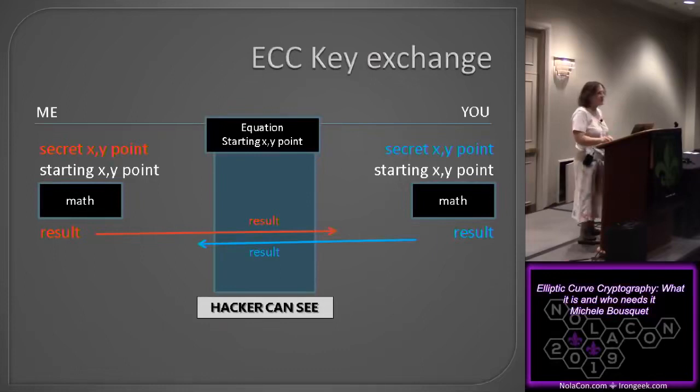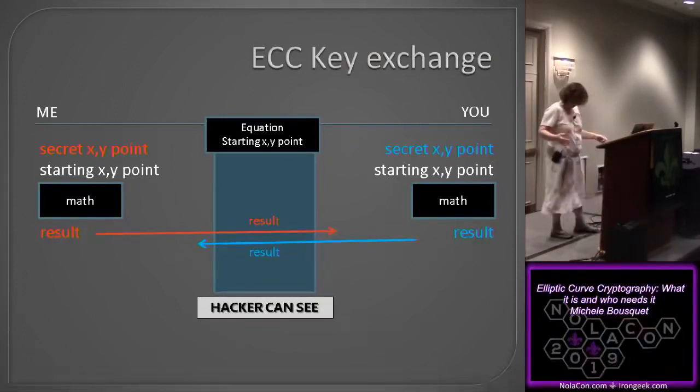I have a starting point, and you have a starting point, and we both have a point that we're going to add. And the addition, by the way, is commutative. You can switch them back and forth. It doesn't matter which way you add them. You could say, A plus B or B plus A, either way.